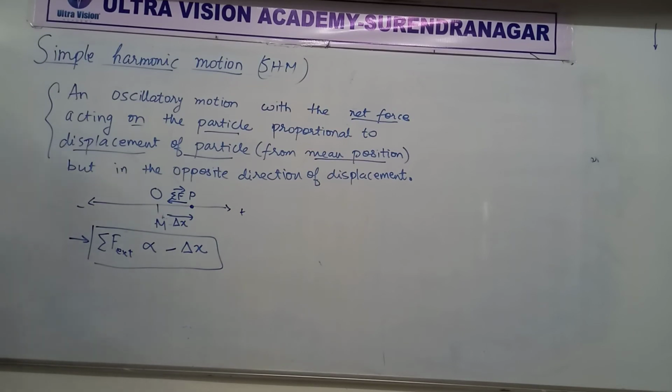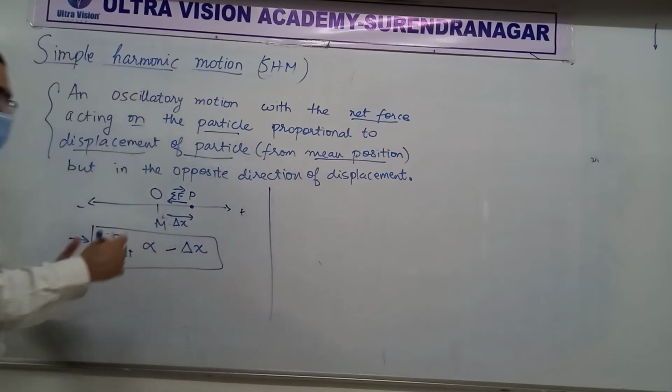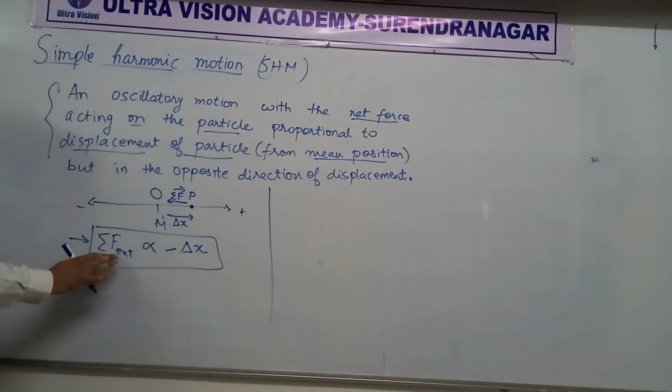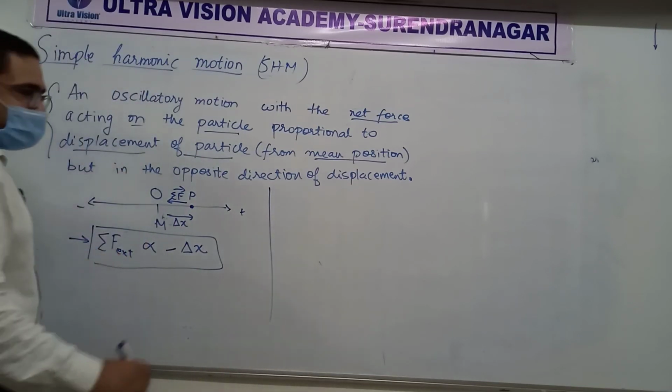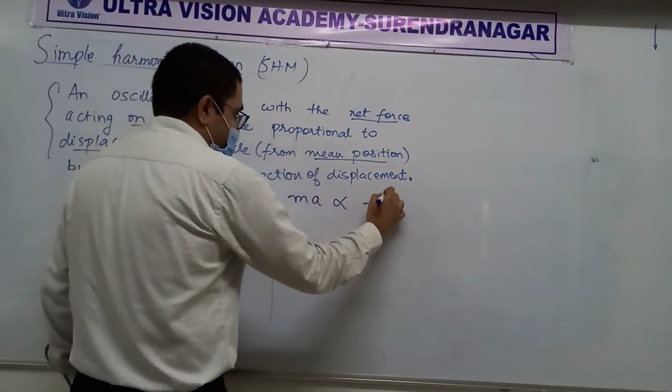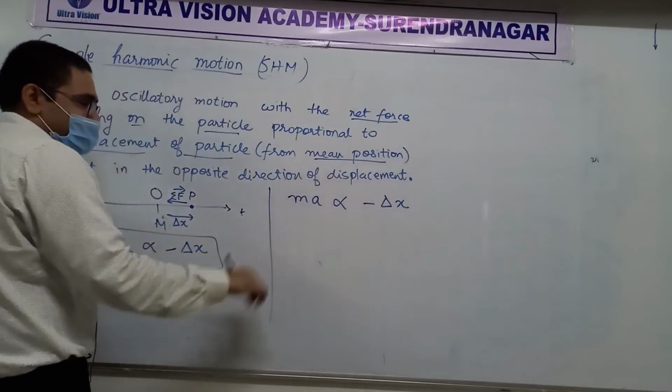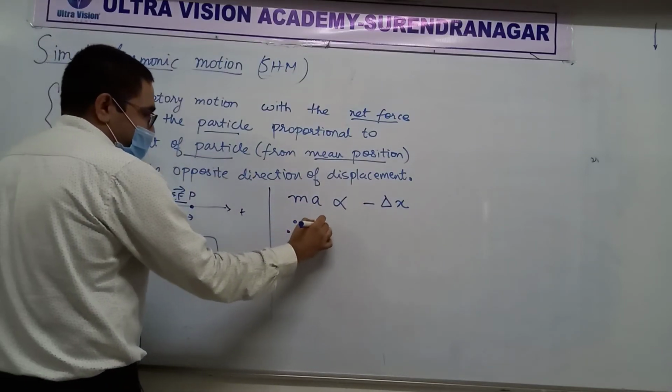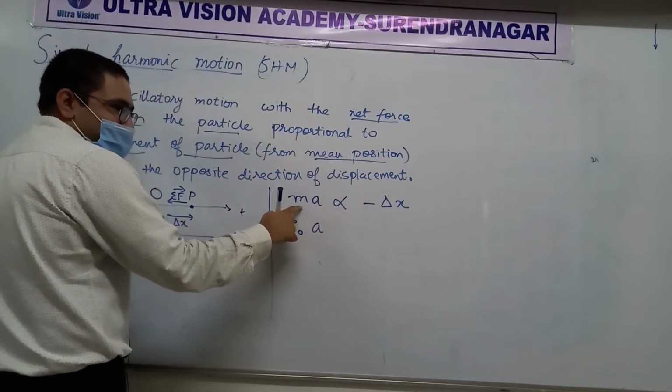Is there any other way to identify simple harmonic motion? There is one way, but it is almost like this. What's the slightly different way? Suppose you write sigma F external as mass into acceleration by using Newton's second law. Then do you realize that here also we can write that, because mass is constant,